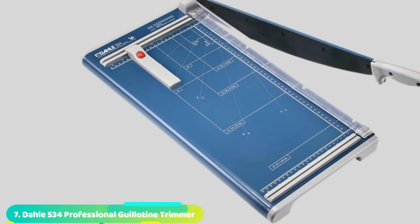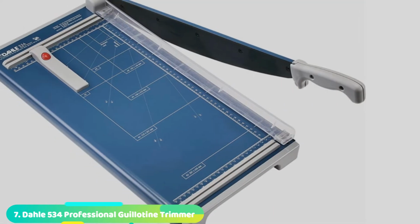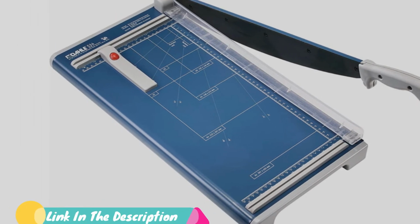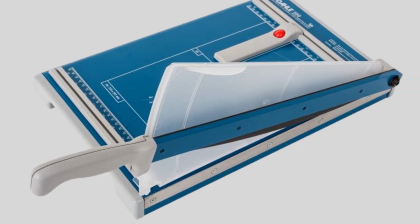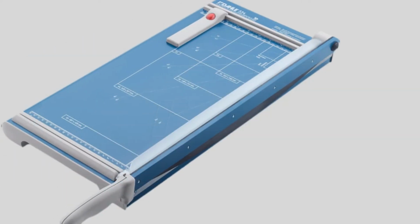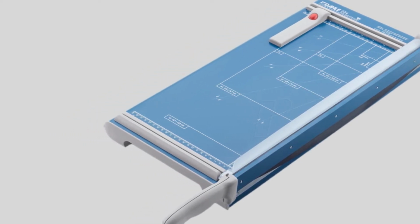Moving on to the next, at number 7, the Dahle Manual Sharp Blade guillotine paper cutter. With a cut length of 18 inches and its convenient design, this Dahle guillotine is what you need for all your trimming work, from small sizes like visiting cards to standard sizes like printing paper, or even larger sizes like posters. It has a self-sharpening blade so that you won't worry about how to keep its blade sharp for years. There's also a manual clamp and annotations of the paper size to help you get a precise